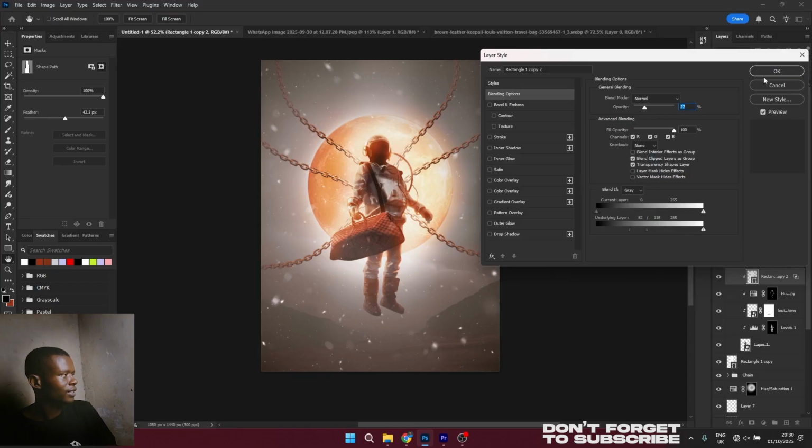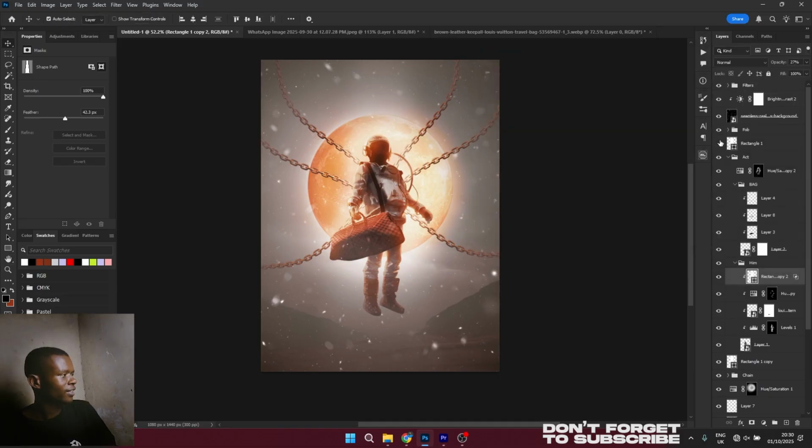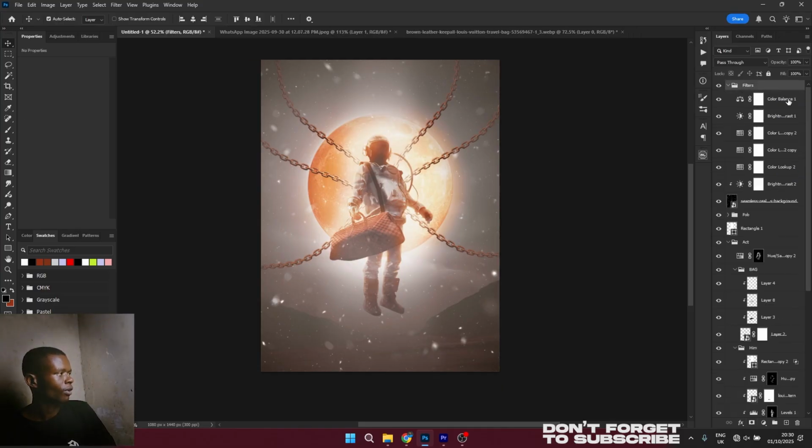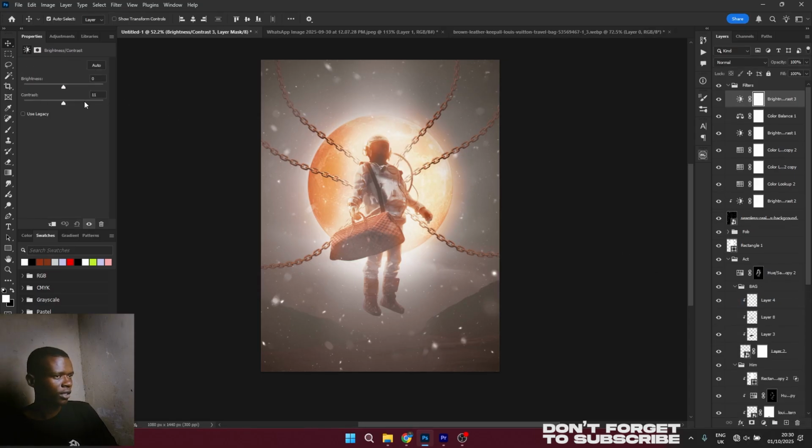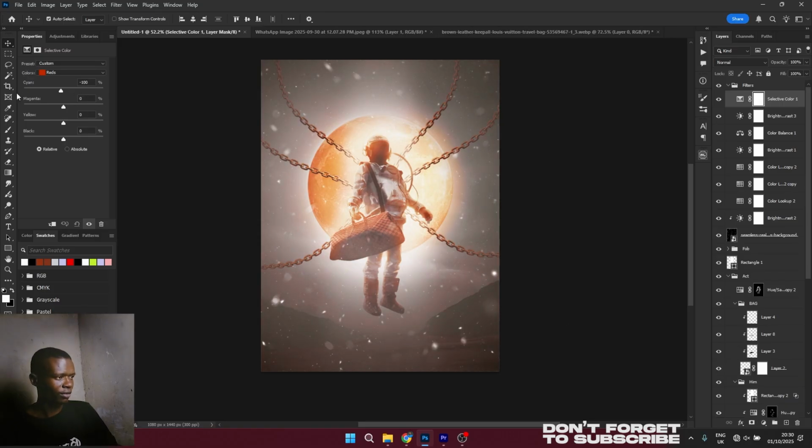Yeah, this is nice, and then let's add it like so, and reduce it a little bit like so, and then you should have something like this. And then let's go now on top of the filters, and then add contrast and brightness like so, and then let's open up selective colors and play around with the selective colors, something like this, and then something like this, and something like